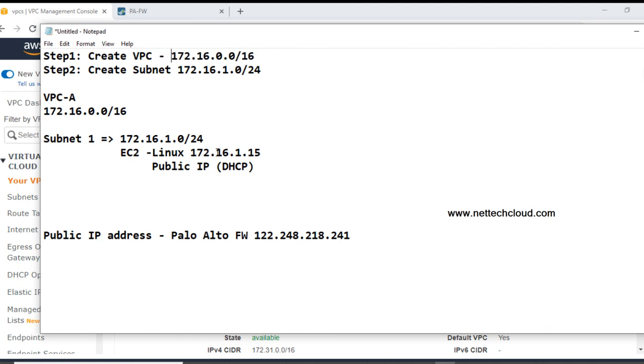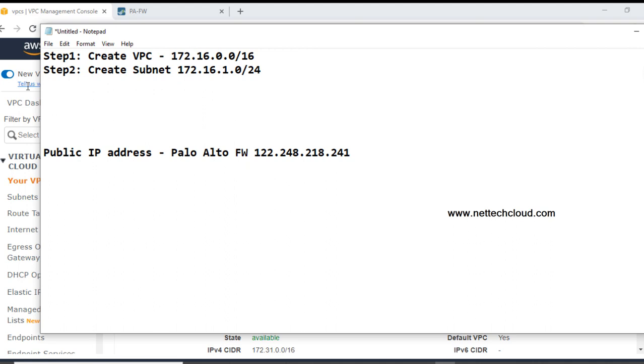And step number three is to create an internet gateway and attach it to the VPC, VPC A for example.